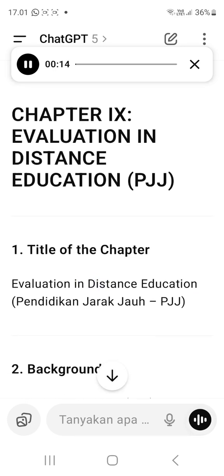1. Title of the chapter: Evaluation in Distance Education, Pendidikan Jarak Jauh. 2. Background: distance education (PJJ) has become increasingly important in the digital age. From correspondence-based learning in the